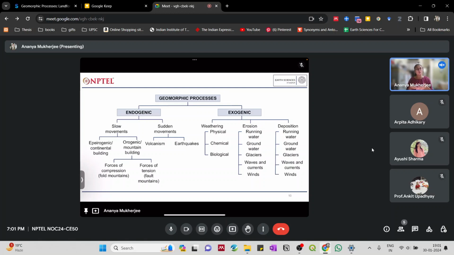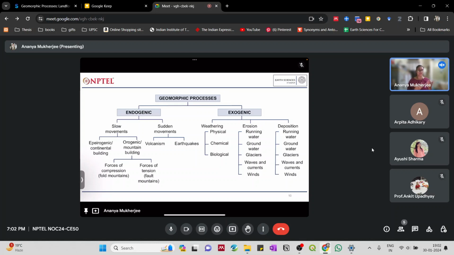But you also have mountains that are created due to difference in movement of land masses against each other. So there might be a fault present over here, and the landmass might have moved along the fault. We will learn in detail afterwards about the faults and folds and the compression and the different tensional movements that are playing a role.